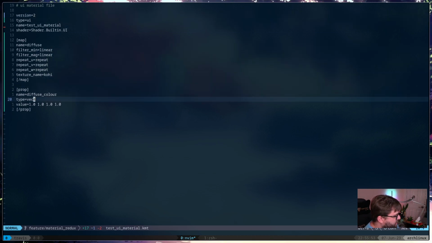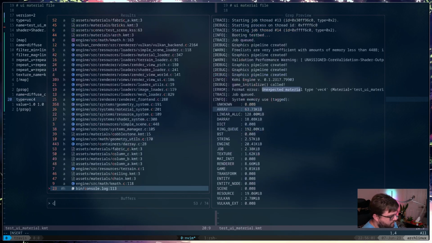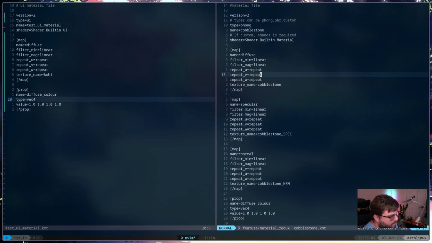Oh, maybe it was looking at this one? Yeah, this type should be independent of the other one. So it's like looking at this one and trying to apply it to the global scope.